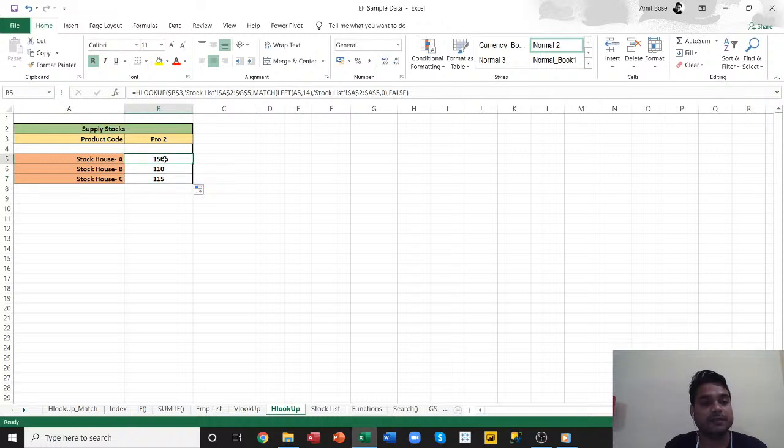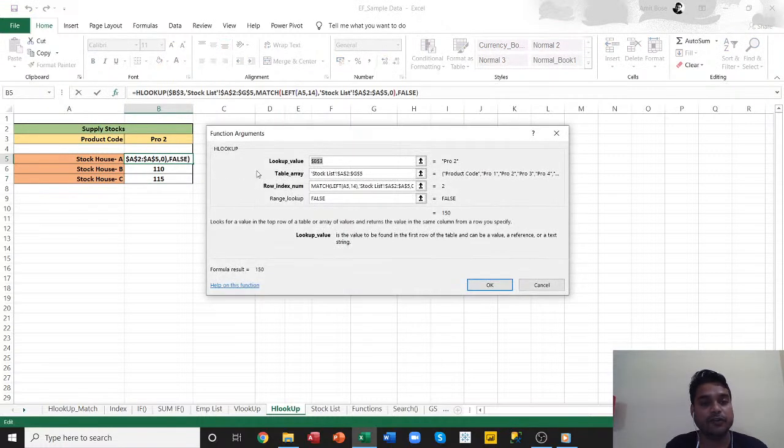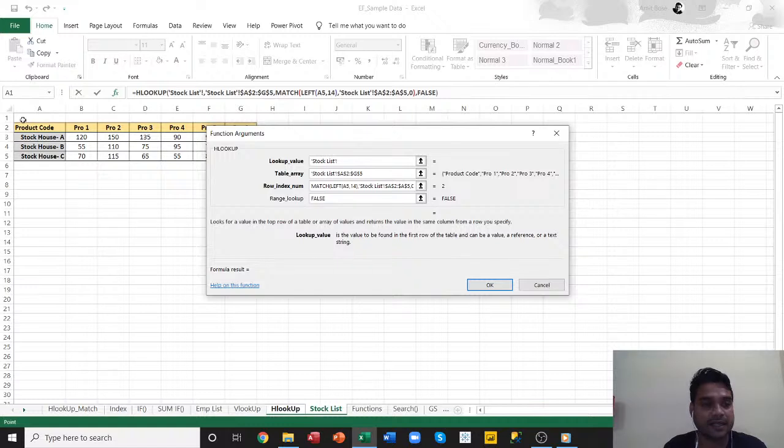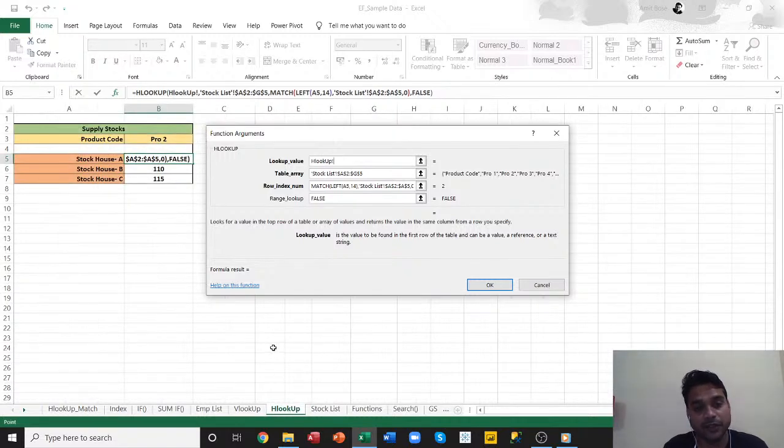Now let us understand this particular function. I was working on the HLOOKUP arguments. The first argument is the lookup value, which I have selected just like before, and I only fixed that particular value. Second is the table array, which I selected just as I did for the previous example. Now for the third argument, the row index number, instead of giving the row number, I have used two functions,